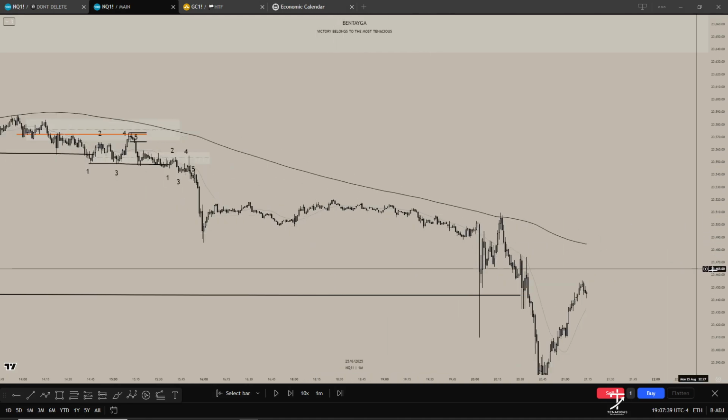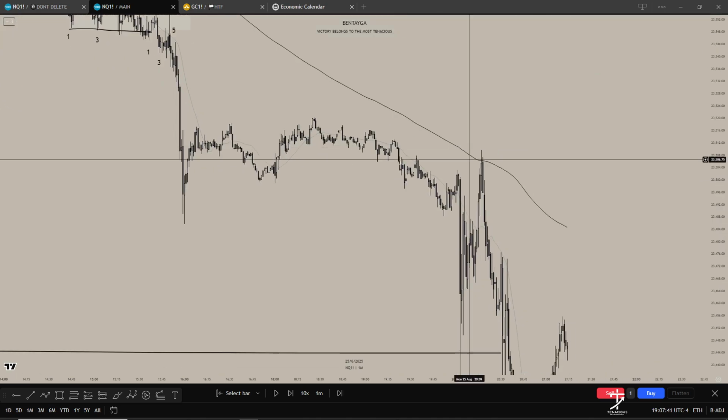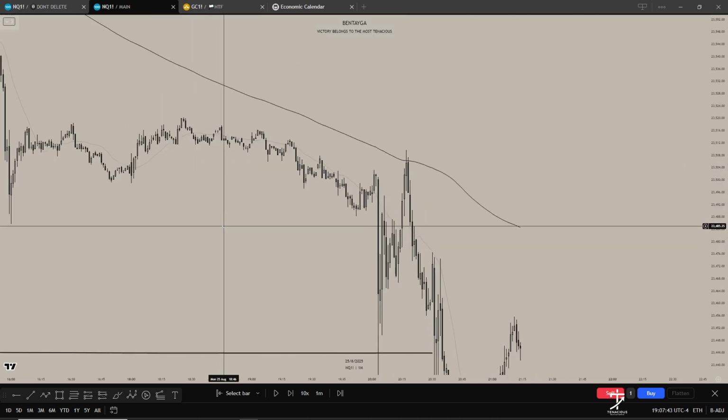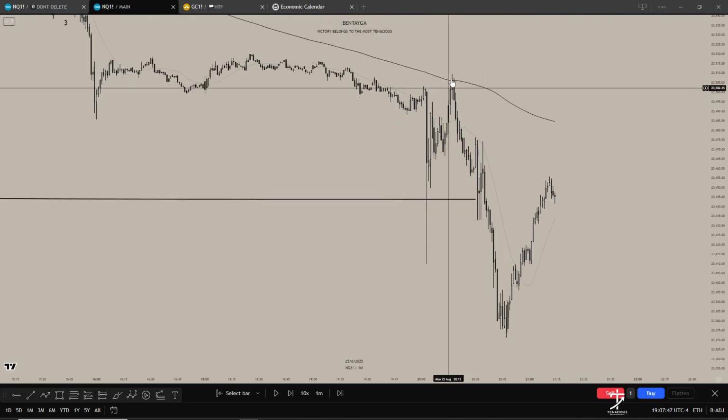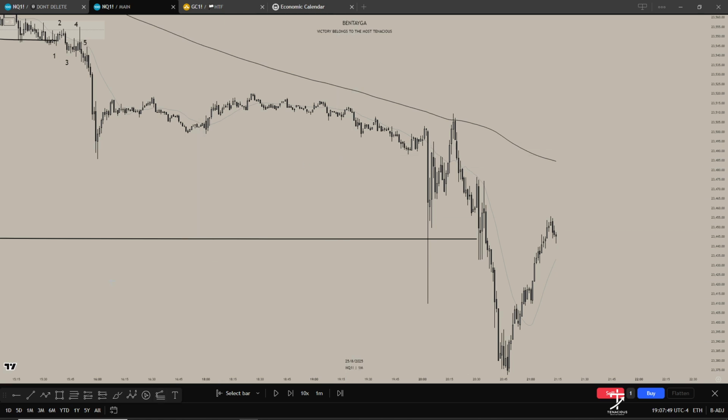We've gone way past my trading time now, but there were even more trades that you could have potentially taken. So if you were on for the PM session, then